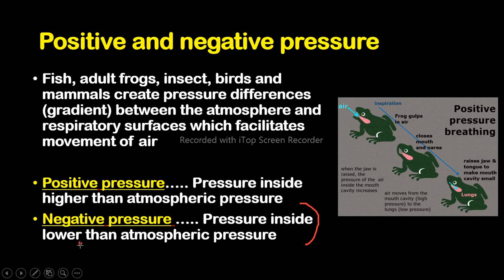It will close its mouth and open its nostrils, and then air is pushed inside. Because we are going to talk about gas exchange in amphibians. The lower floor goes down, volume inside increases, pressure decreases below atmospheric pressure, and then air is drawn in